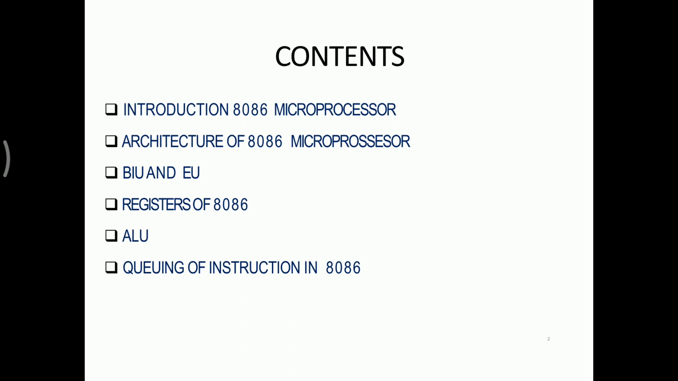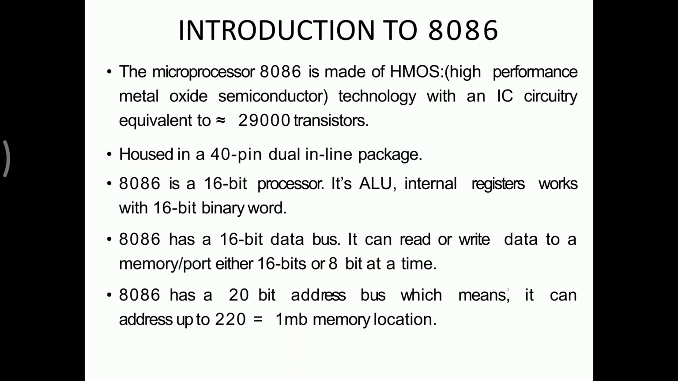Then third is BIU and EU, the bus interface unit and execution unit. Then fourth is the registers of 8086, then ALU, the arithmetic logic unit, and finally the last one is queuing of instructions in 8086. Okay, so first we can see the